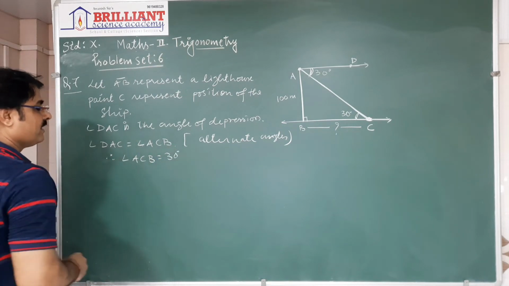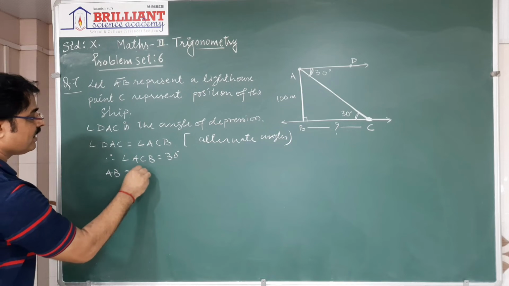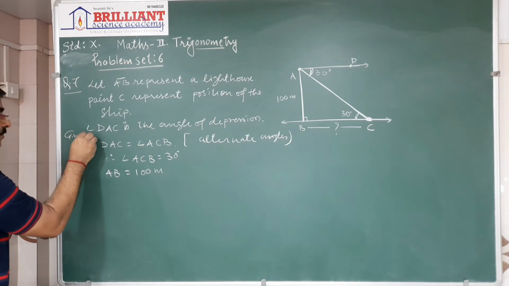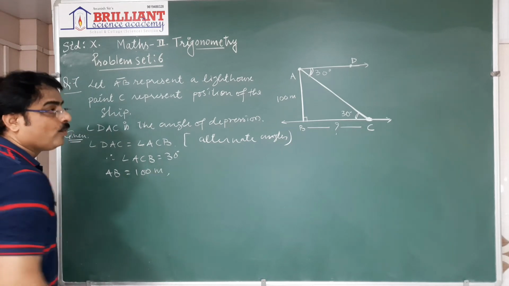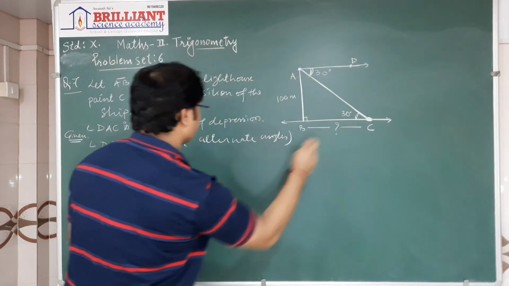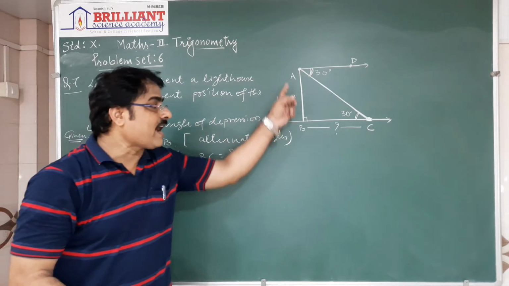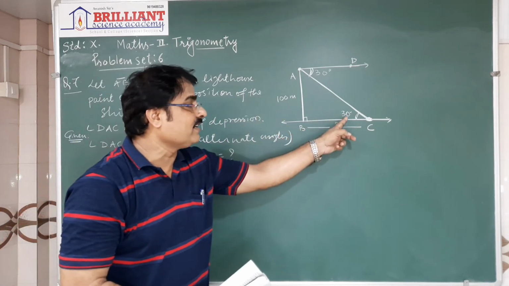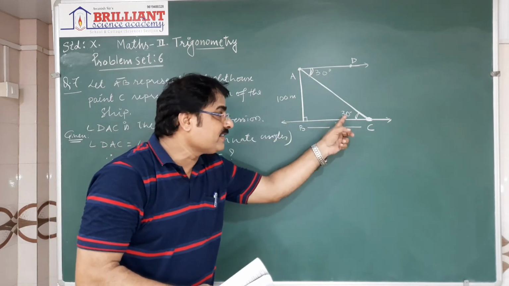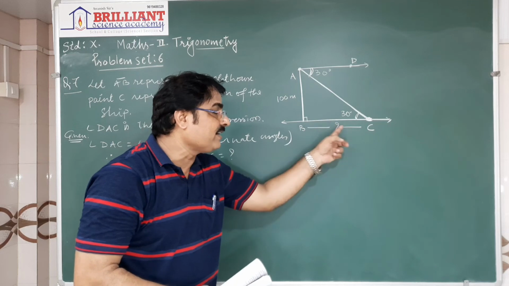Also given that AB is 100 meters। चलो यहां पर लिख दिया गिवन, जो इंफॉर्मेशन हमको दिया है उसको हमने लिख दिया। AB is 100 मीटर, व्हाट वी विल फाइंड, क्या हम लोग इसमें फाइंड आउट कर रहे हैं, डिस्टेंस ऑफ शिप फ्रॉम दिस लाइट हाउस मीन सेगमेंट BC, वी विल फाइंड सेगमेंट BC। Now see this right angle triangle, इस राइट एंगल ट्रायंगल को जरा ध्यान से देखेंगे। This angle is 30 degrees, its opposite side is given and we will find its adjacent side। ये जो 30 डिग्री एंगल है इसका अपोजिट साइड हमको दिया है और इसका एडजेसेंट साइड फाइंड आउट करना है।